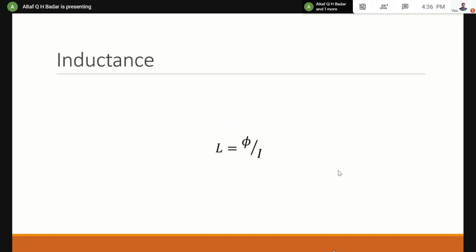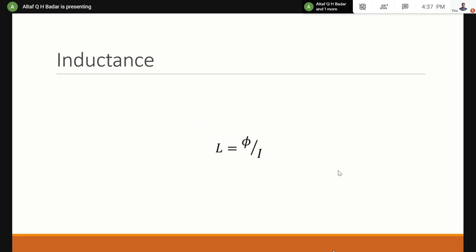Then inductance, I had to cover it because it was there in the syllabus. Again, inductance is a really big topic if you want to go into the details of it. But we assume that you have already studied it, you already know quite a lot about it, and that is why I'm just covering it with this formula only. So the inductance is given by phi by I. It is measured in Henry. Inductance is a tendency of an inductor to oppose a change in the electric current flowing through it. That's it. The symbol is L, and we assume here that the number of turns is equal to 1. Then we'll go and explore it further.